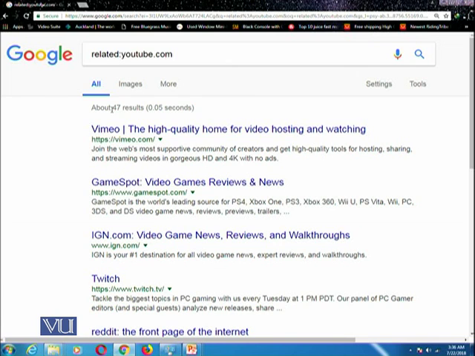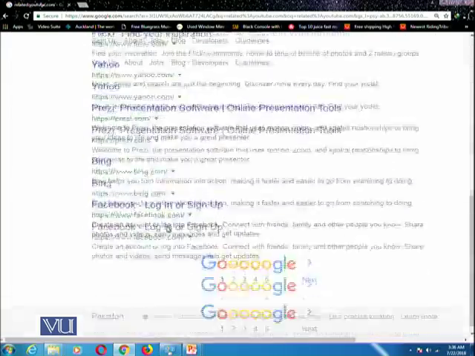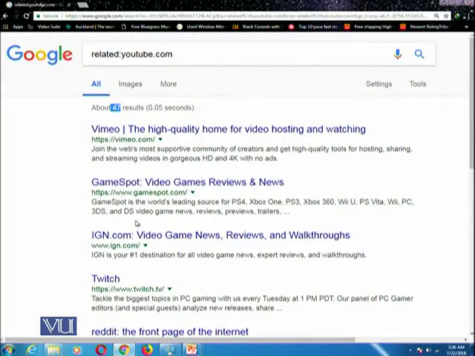Google has identified 47 different sites which are similar to YouTube, which are hosting videos that users can watch. For example, Vimeo, GameSpot, IGN, Twitch, and some other websites. These are the websites which Google thinks are related to YouTube.